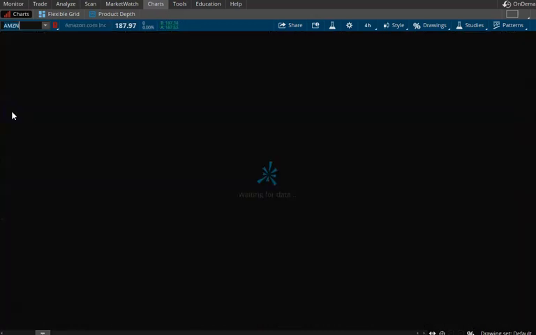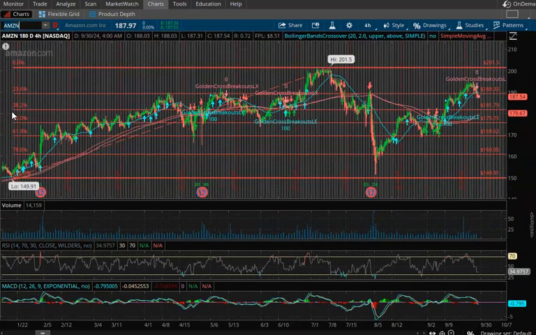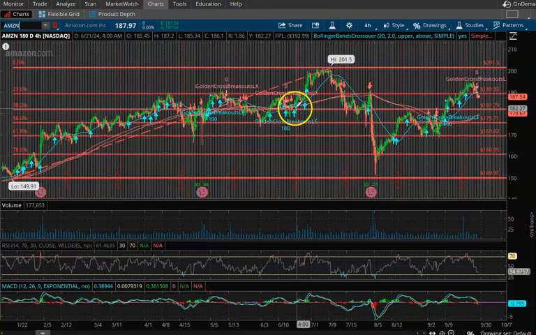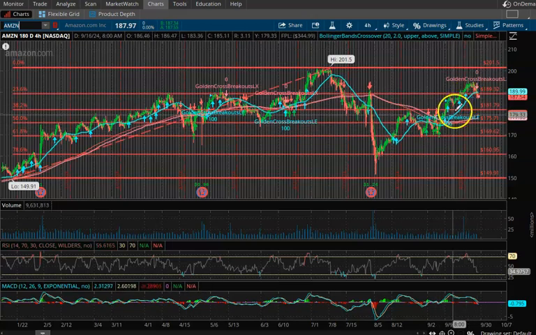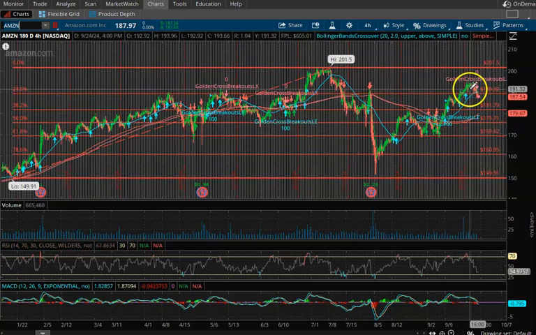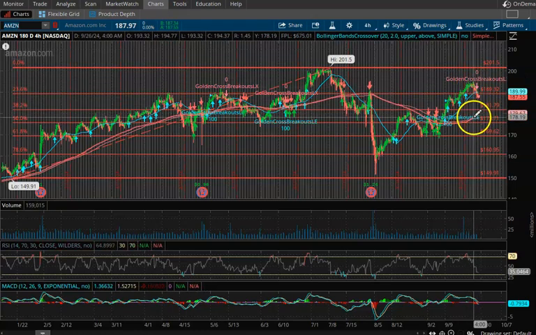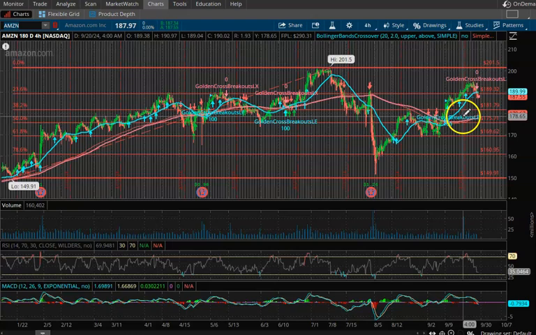We're going to start off with Amazon, and we're going to take a look at Amazon. Amazon's chart is funky looking, man. It's just sideways, up, sharp move down, up, sideways, up. It's just crazy. So now we did have a pretty decent recovery from Amazon. We were all the way down to 170, then we came all the way back to almost 200. Broke below support again of 189, and now